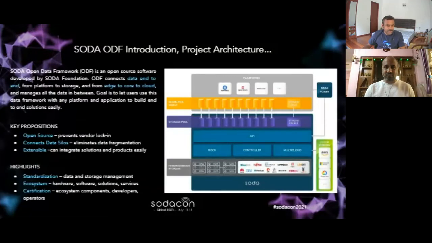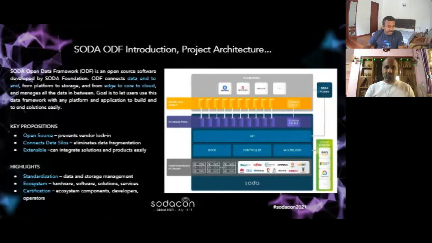Now, a little deeper into this. Some of the key points of Open Data Framework: one, it's completely open source, so there is absolutely no lock-in, it's community-driven development, and it connects data silos. Why data silos? Because whatever is proprietary or localized implementations, we try to remove that and connect them.